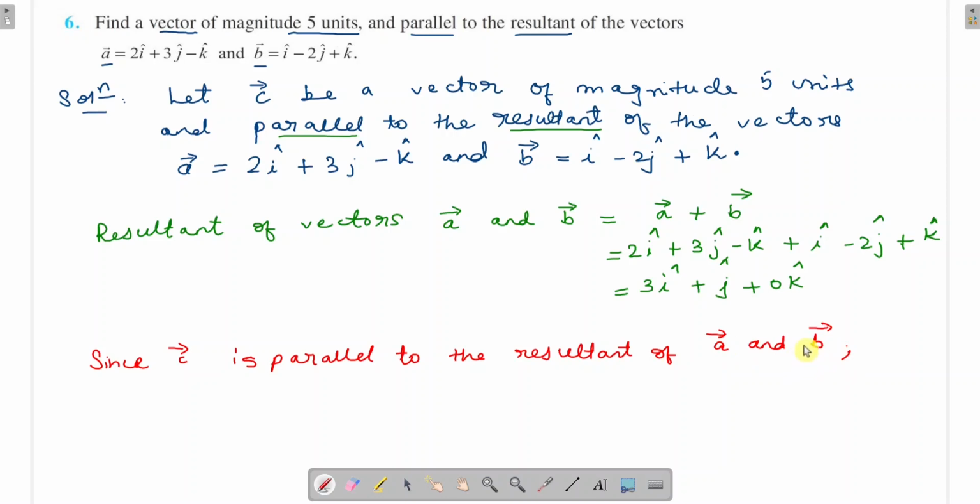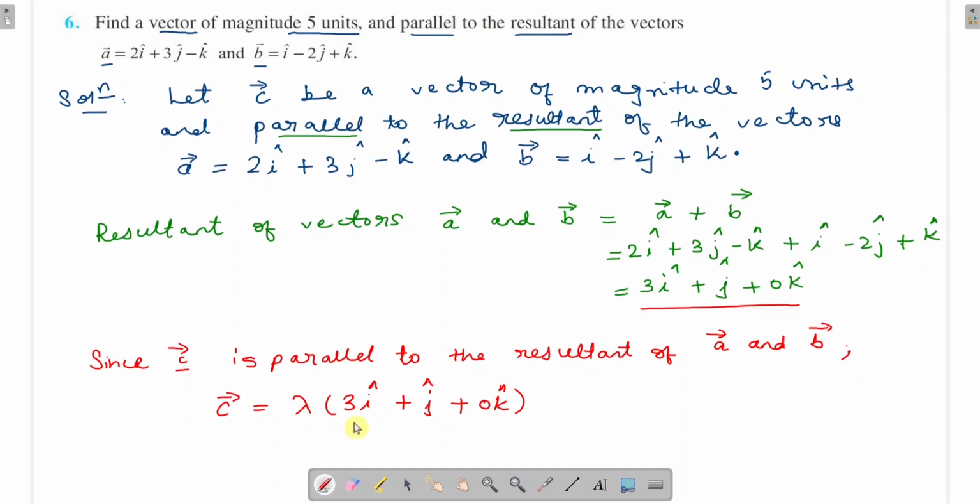Okay, now we have studied that if a vector is parallel to another vector, then the given vector is lambda times the other vector. So this c bar is parallel to the resultant. So what we will get is c bar is equal to lambda times the resultant vector, which is 3i cap plus j cap plus 0 k cap. Have you understood? So c bar is equal to lambda times the resultant because c bar is parallel to